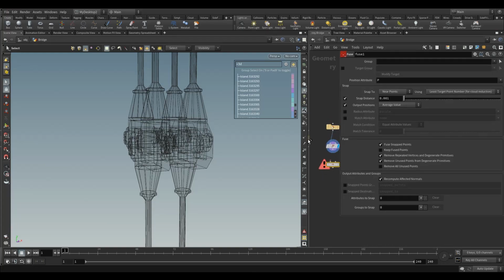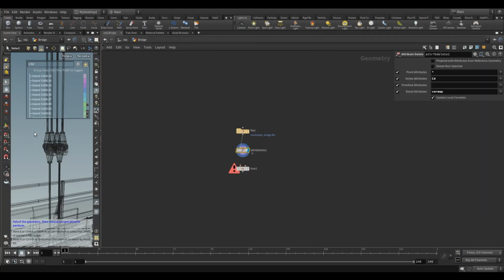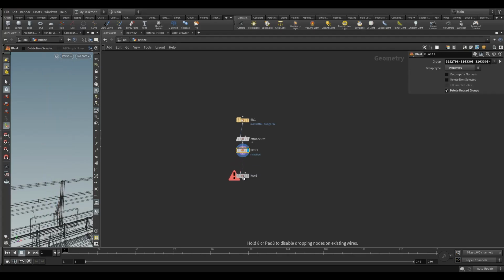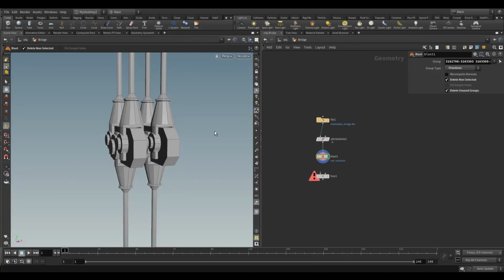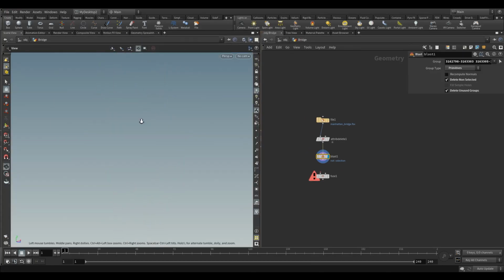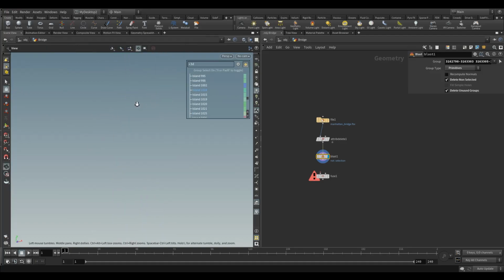Well, actually, since this is a big model, I might just select all of these, press delete. Oh, not delete unused, sorry, delete non-selected. That will delete everything else, just so this goes a bit quicker. Let's go back into smooth wire shaded, right? And then just do that same thing again, so you can see where